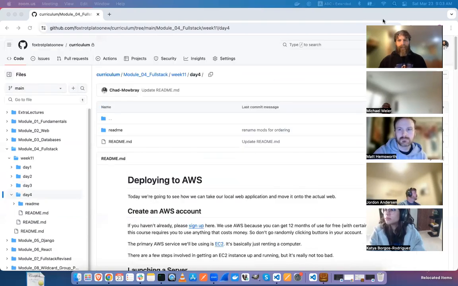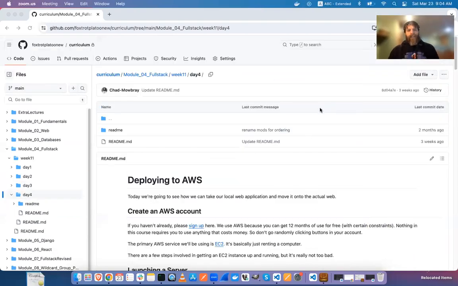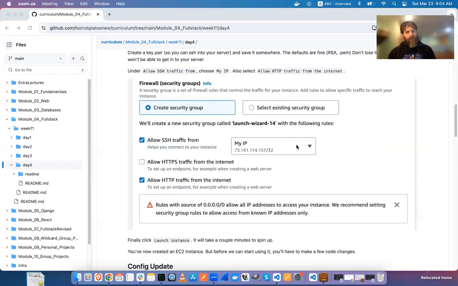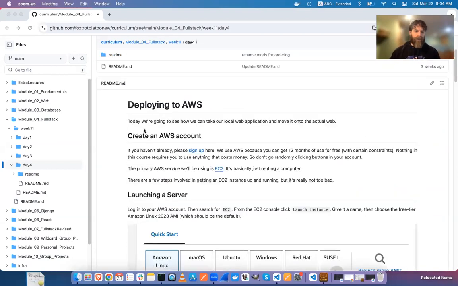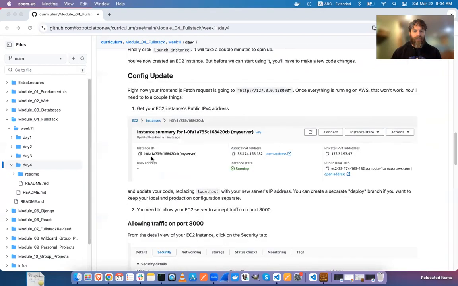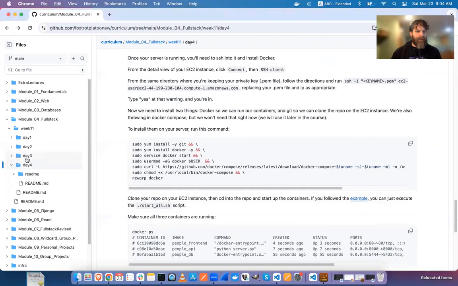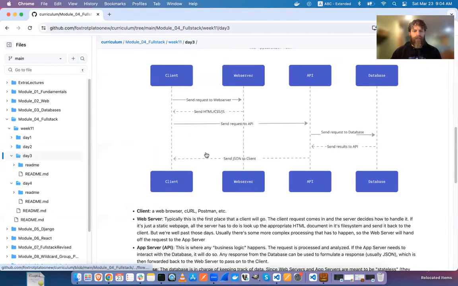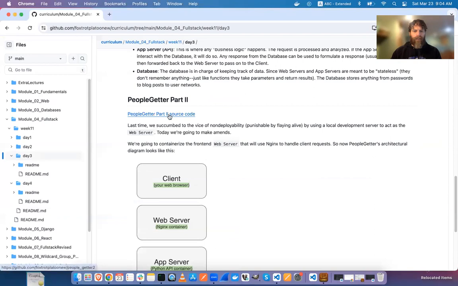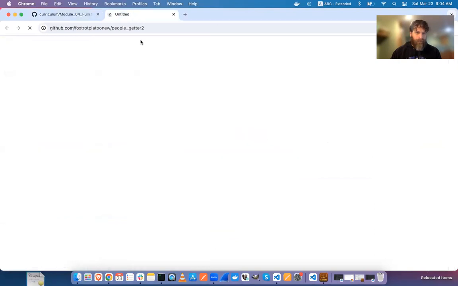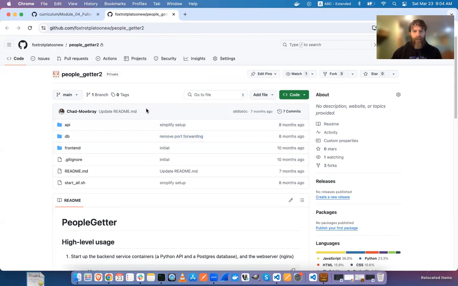Okay, so deploying stuff, right? So we have this application. Maybe I'll just review the application real quick. We have the people getter one. Okay, so we have this people getter